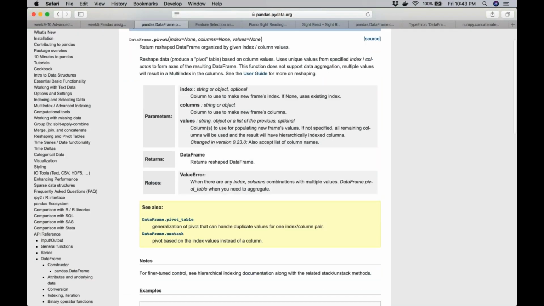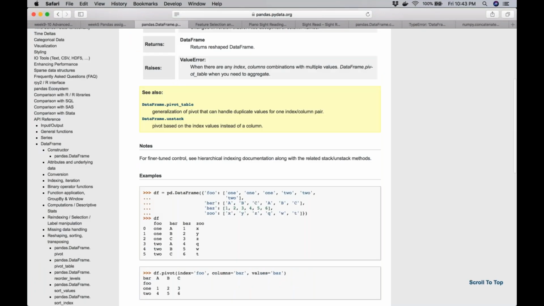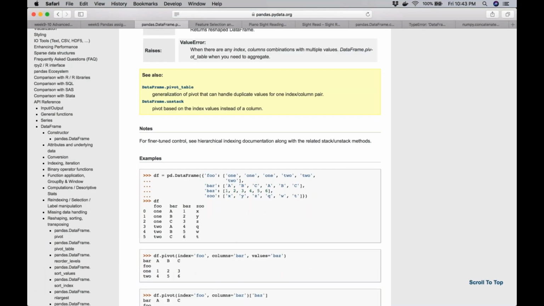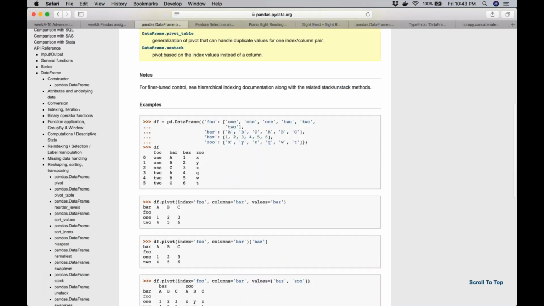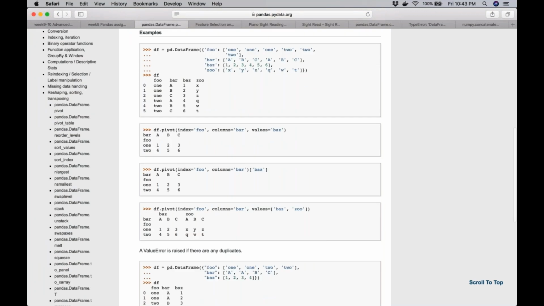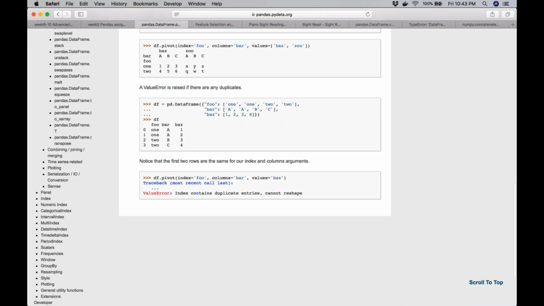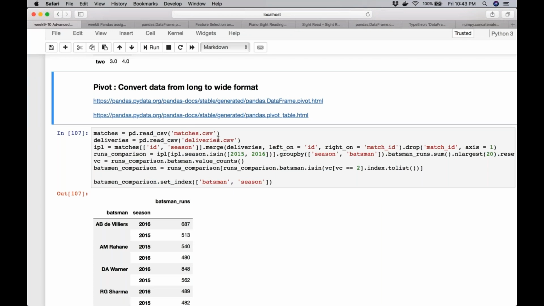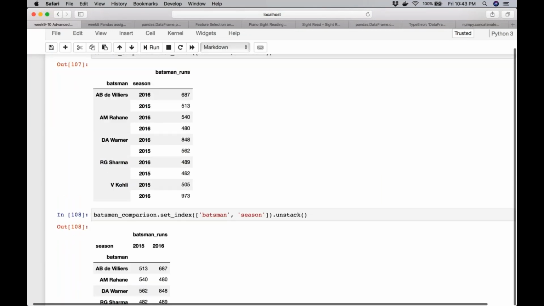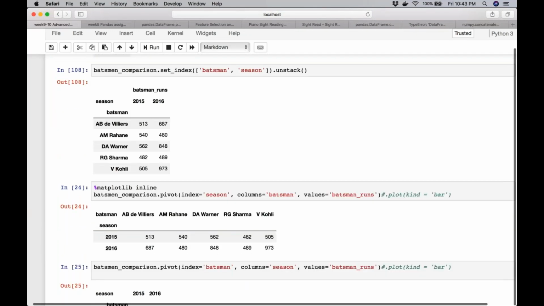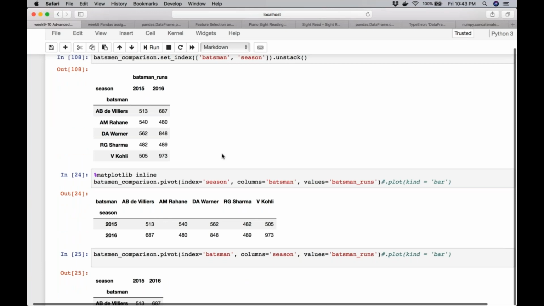So ideally, instead of unstack, you would make use of pivot and pivot table. We'll come to pivot table also. For the example here, you can just go through the link I've given. There are three key arguments: the index, the column, and the values.